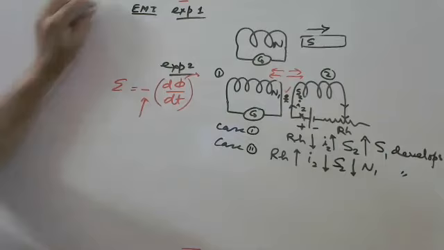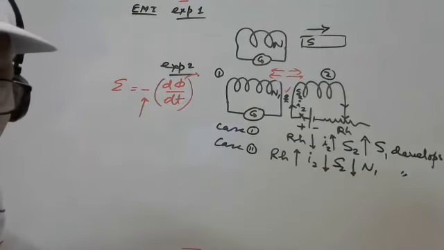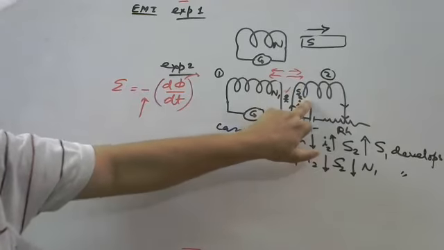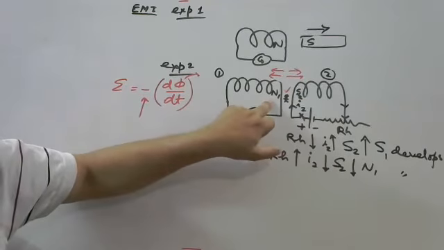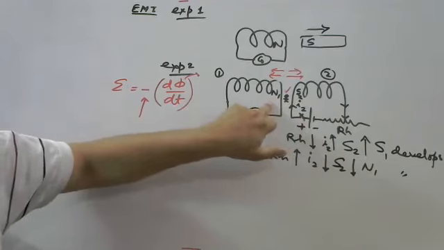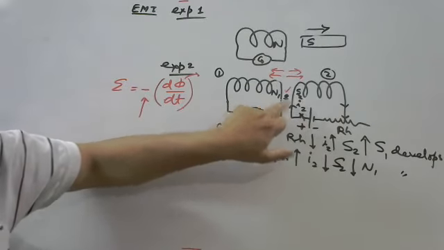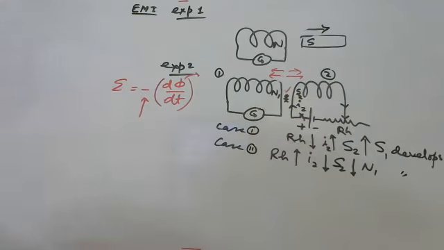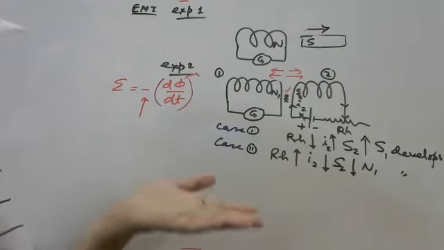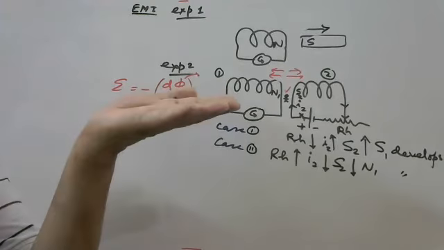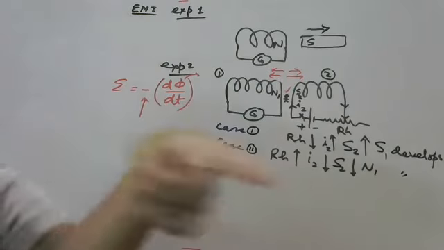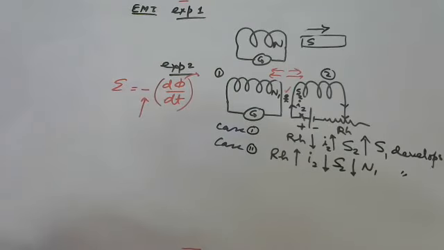It is the same with the north pole also. Here, if the south pole is becoming stronger, how can we oppose this? The south pole must develop here. If the south pole is becoming weaker, how can you oppose it? North pole develops, it supports. Got it now? Suppose your friend is becoming stronger, you oppose it. Suppose your friend is becoming weaker, you support. The action is opposed. Got it?